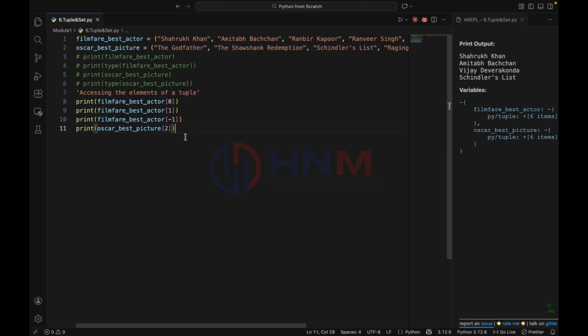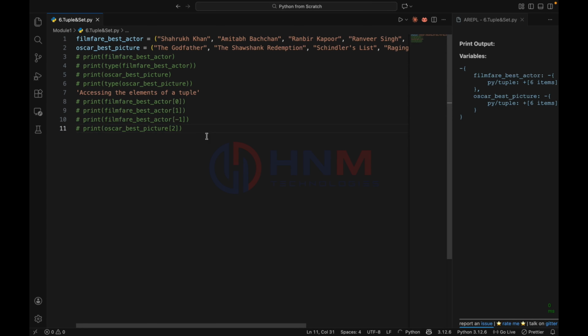The only thing that doesn't work in a tuple is that we can't modify it the way we do in a list. Because a tuple is immutable, we can't change it. This is the only key point. If I try to modify it, what will happen?